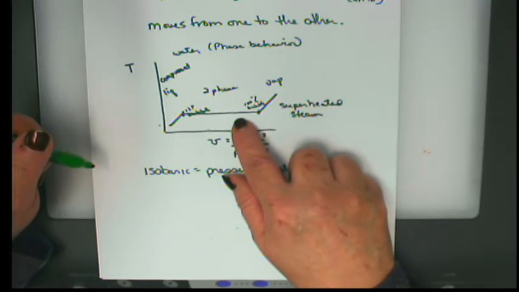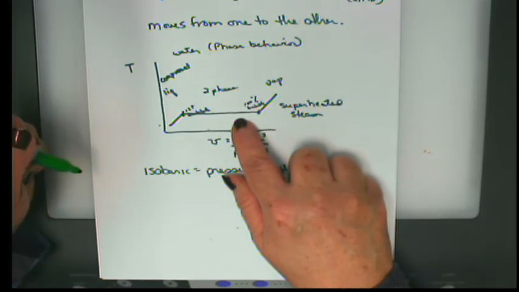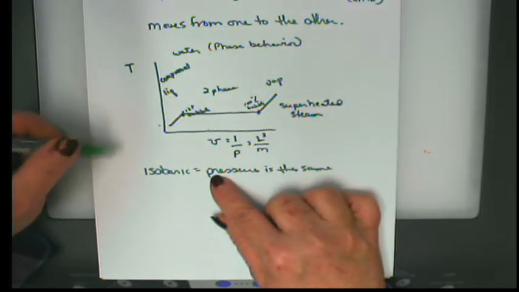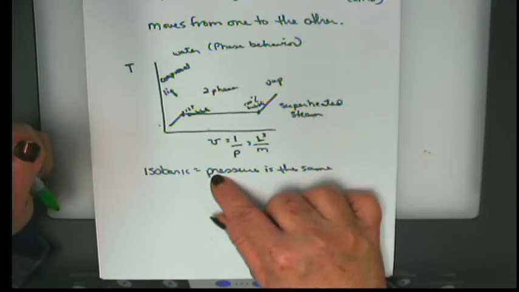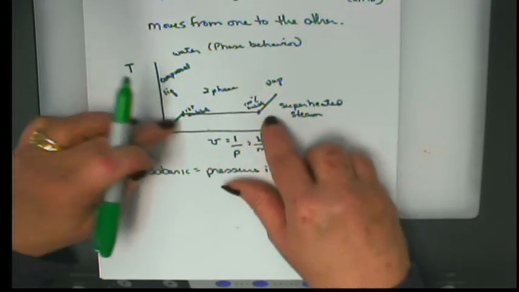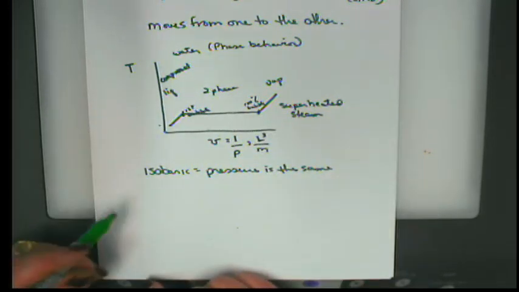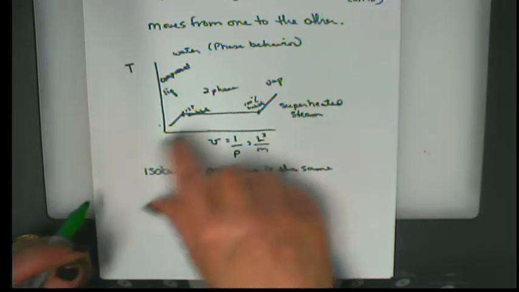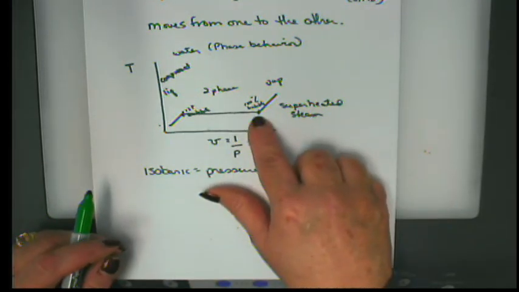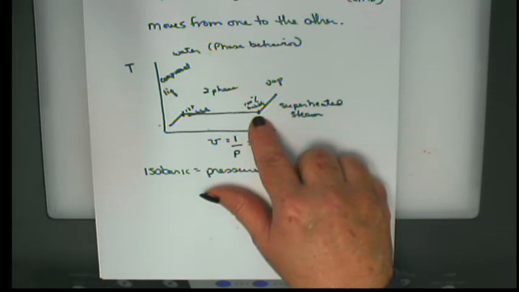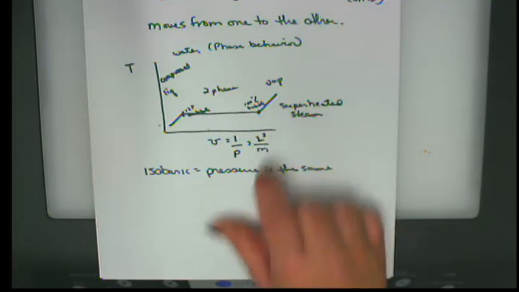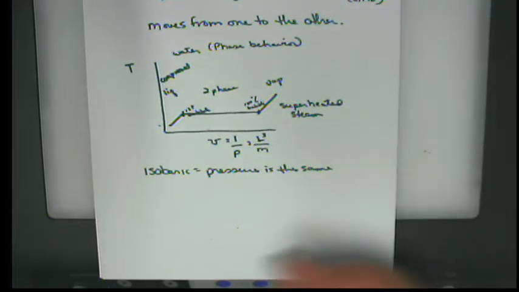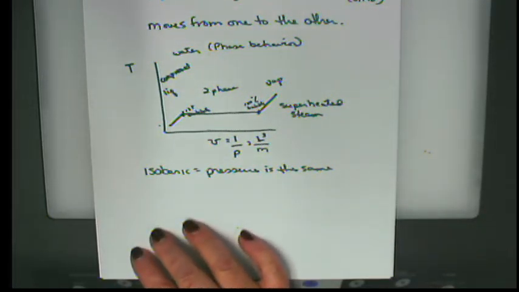For water, if we were at 1 atmosphere of pressure, on my isobaric expansion line, we would also be at 100 degrees centigrade. And between those 2 points, the water will boil, and the temperature will not increase until the last little droplet of liquid evolves into a bubble of gas, at which point the temperature will increase as